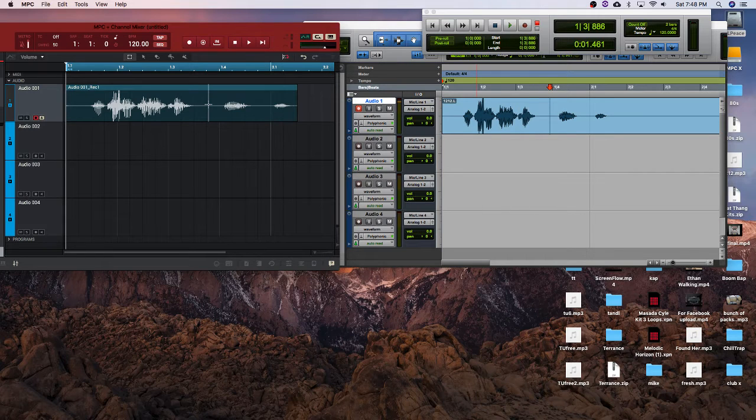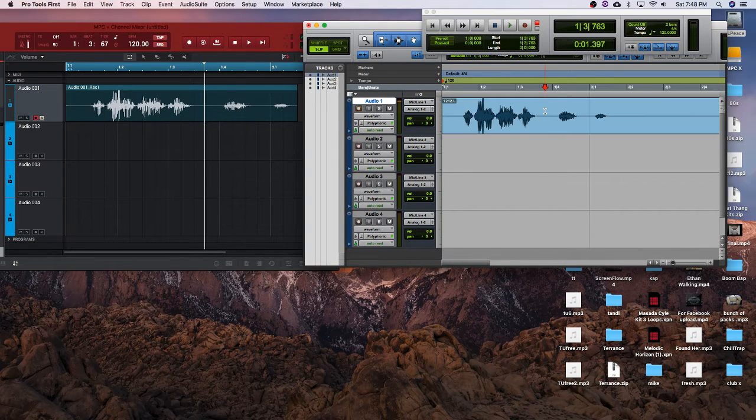You know what I'm saying? I can click back like this, but it doesn't start from where I want it to start from. I want it to start from that line. I want to be able to click here and know that it's going to start from there. Then when I press play and stop it, I want it to go back to where it was. Same as when I do it from here, if I press play,